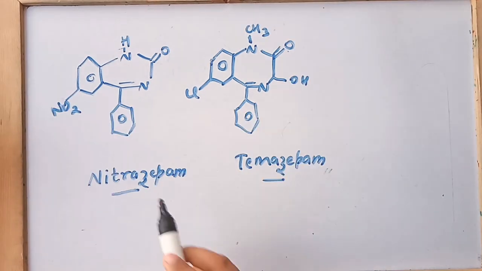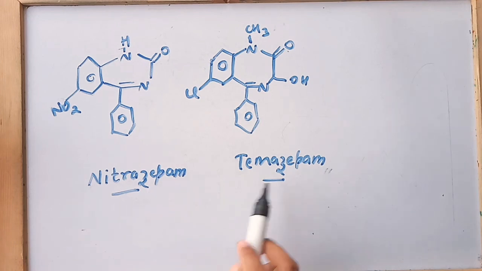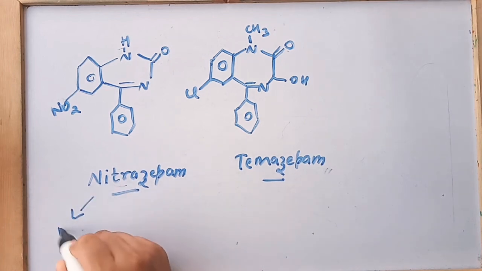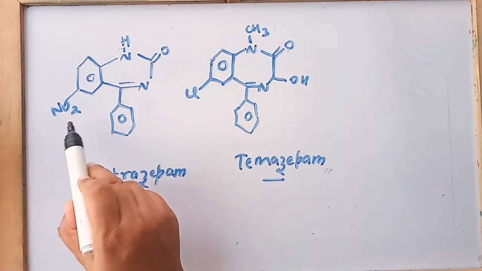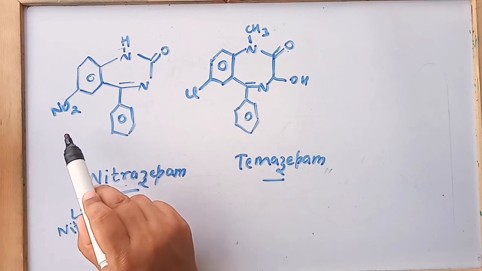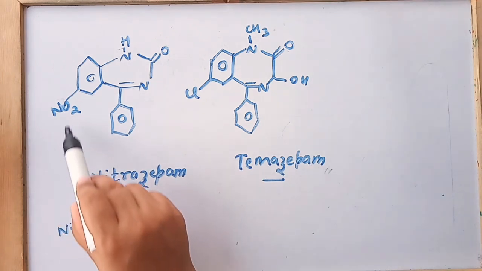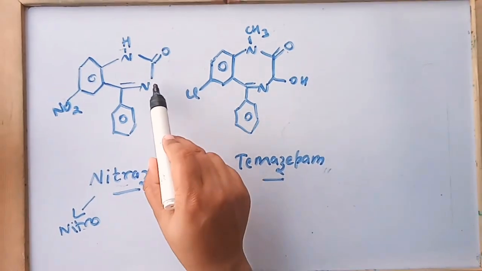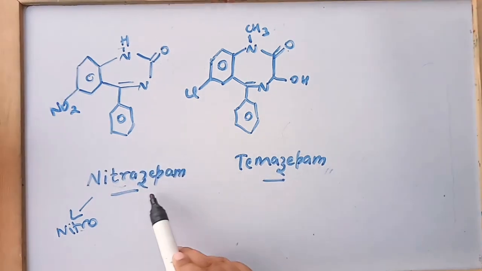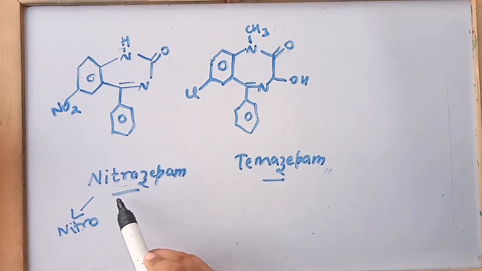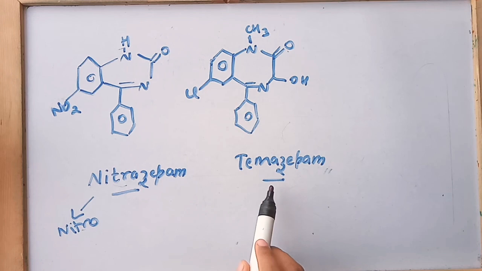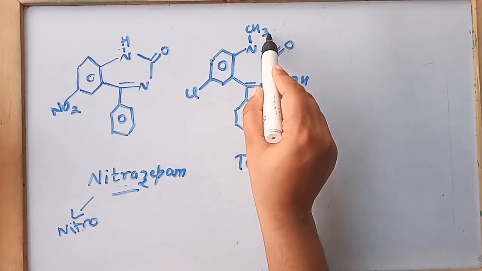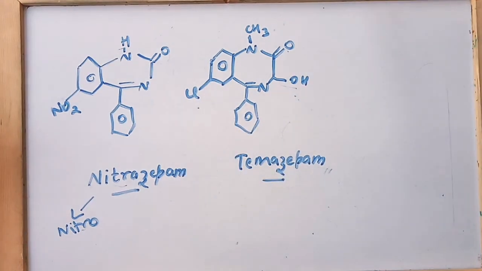Next two structures are nitrazepam and temazepam. For nitrazepam, we add a nitro group. So instead of chloro, we have a nitro group. This is the only structure where there is a substitution over this position, that is the nitro group. At the first position we have H, and this is a simpler structure of diazepam. So relate diazepam with nitrazepam and the substitution for nitro. And nitrazepam can be related with temazepam. This is the structure of oxazepam in which we have N1 substitution with methyl and then again a chloro group.